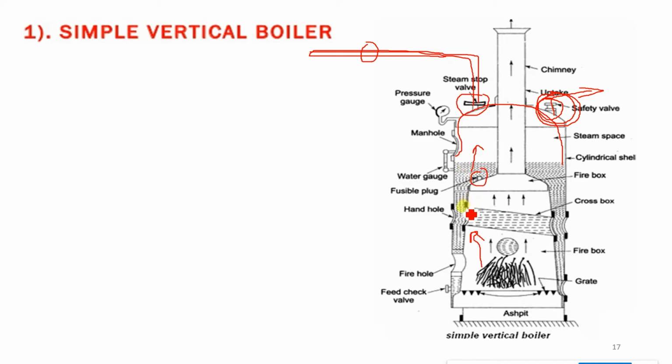In that case, tubes can burn out. Tubes of the boiler can burn out. To avoid that, a fusible plug is provided at a very high temperature or particular set value. This fusible plug melts. Fusible plug is normally made up of gunmetal. That gunmetal melts and creates the opening here. This steam pushes water into the firebox, which extinguishes the fire, and combustion stops. As the combustion stops, generation of steam stops.